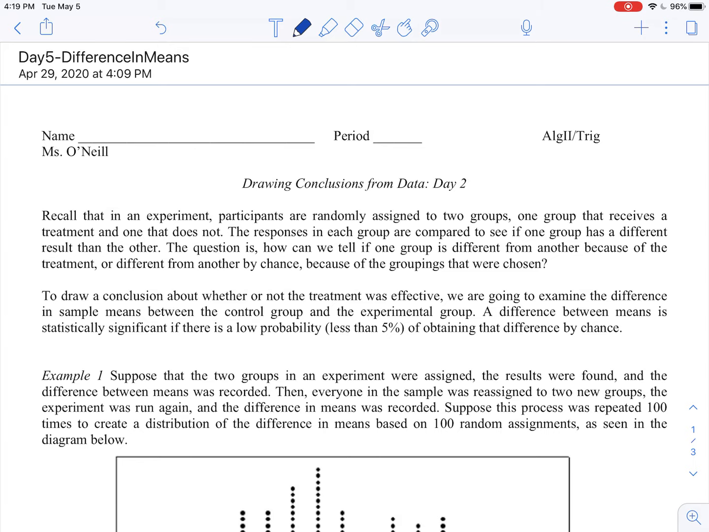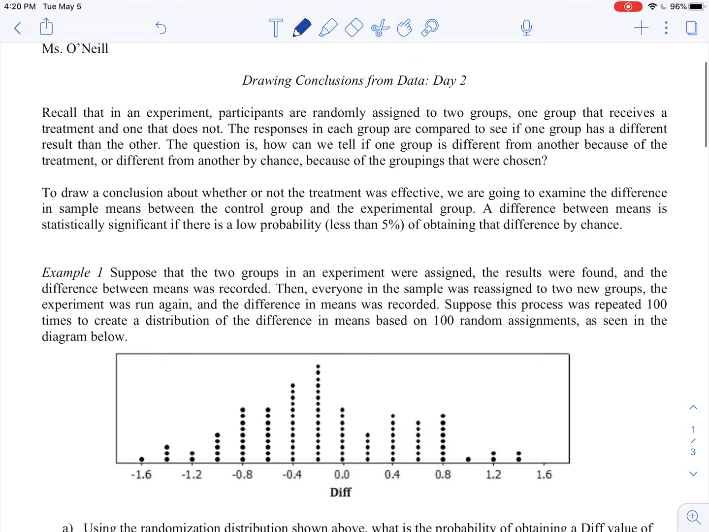So we're going to be doing one more day of drawing conclusions from data, and today what we're going to be discussing is what we call the difference in means. Now generally this is something that they would use when you're analyzing an experiment to see if a treatment is really more effective than non-treatment, or one treatment is more effective than the other. And so what you would do is you would look at the average or the mean of each group,